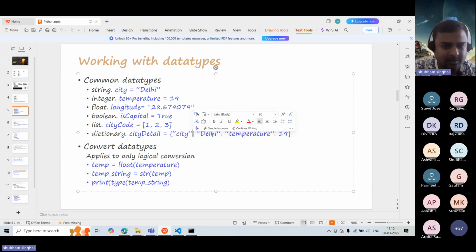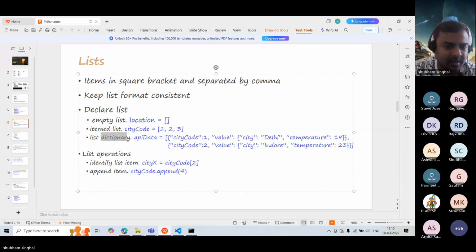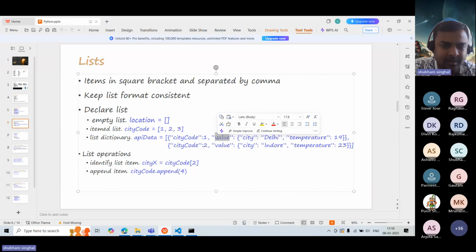Now, this I told you. In the next slide, I am telling you more about the list, and this is an empty list. This is a simple list, and this is a list dictionary. The rule of the list was it should be separated by a comma. Then we had a dictionary where we had to have a key and value. Okay. This looks difficult, but